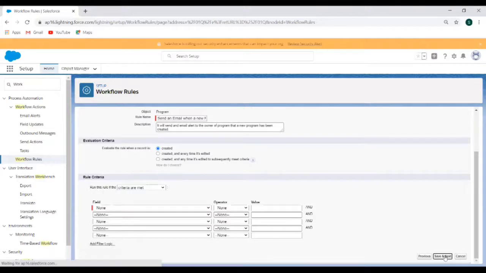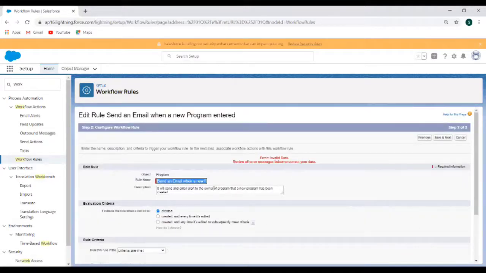So I'll just click save and next. And it's asking me to give at least one criteria, and the rule name should not have spaces. So we have to remove the spaces from here and use underscores instead. I'll write send email program creation.